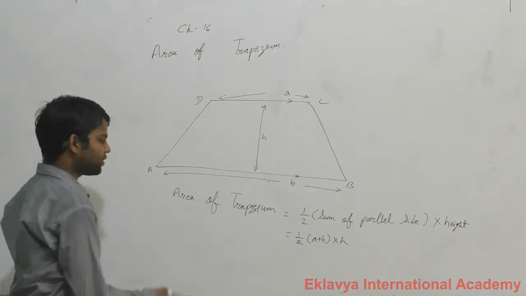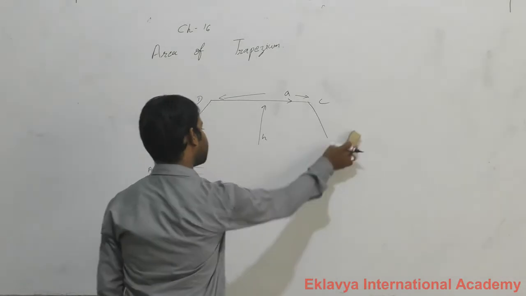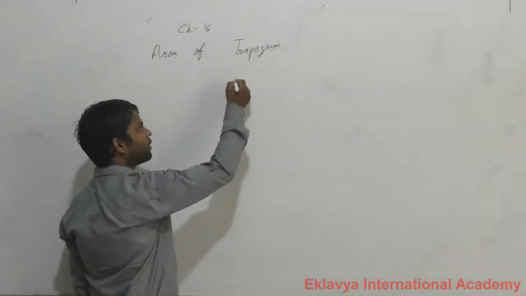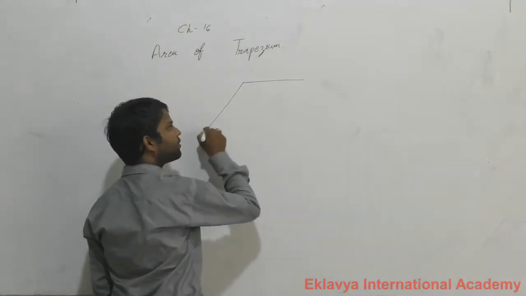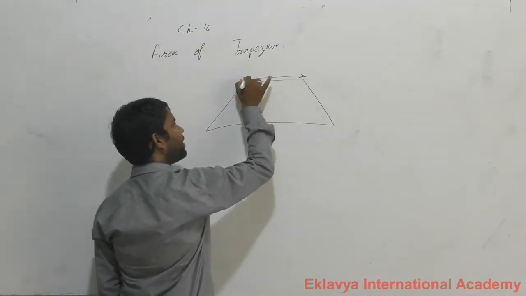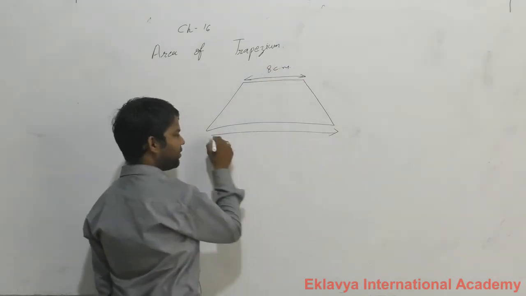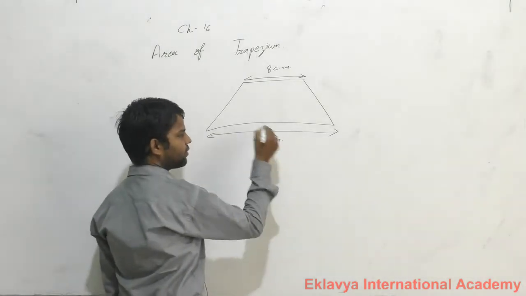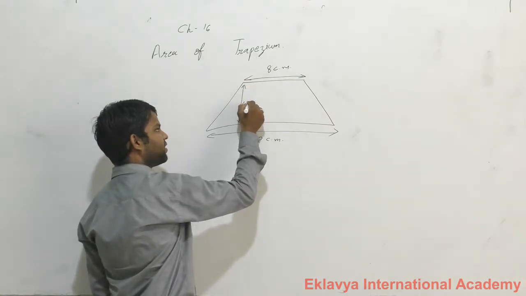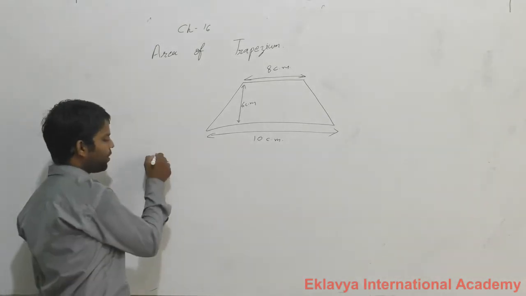Then see some questions that depend on this formula. In our first question, a trapezium is given. Here the first parallel side is 8 cm, the second parallel side is 10 cm and the height of the trapezium is given as 6 cm. If we want to find the area of trapezium, then area of trapezium